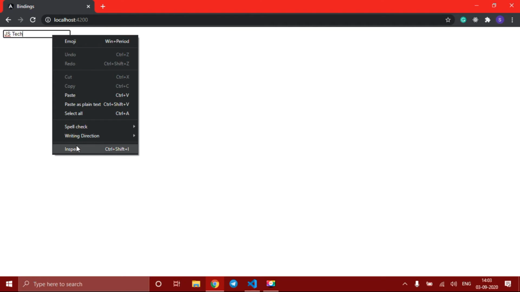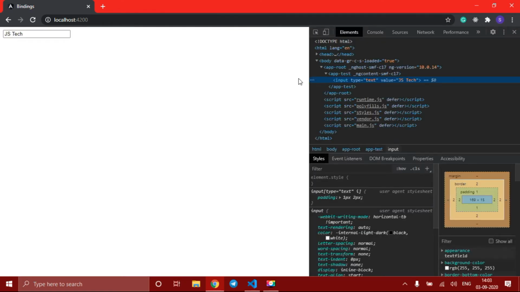Save this and check the output. We have got an input element here which already has a default value. Right click on it and click on inspect. In inspect you can see the input element highlighted, input type equal to text, value equal to JSTech.